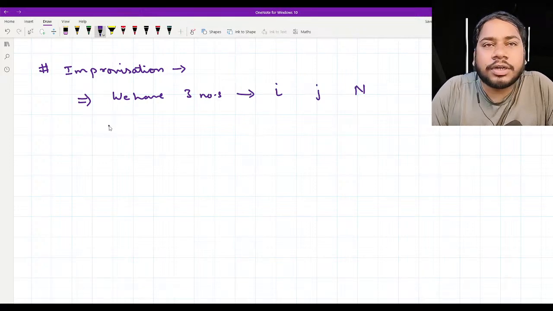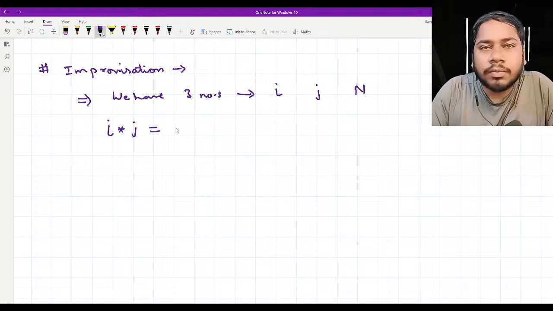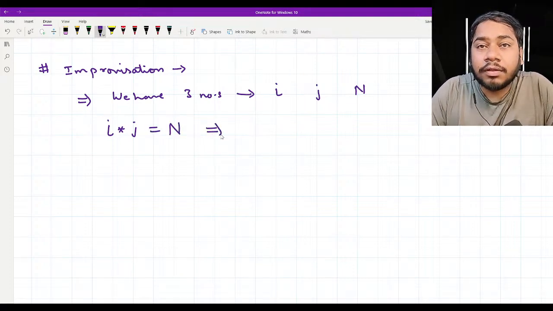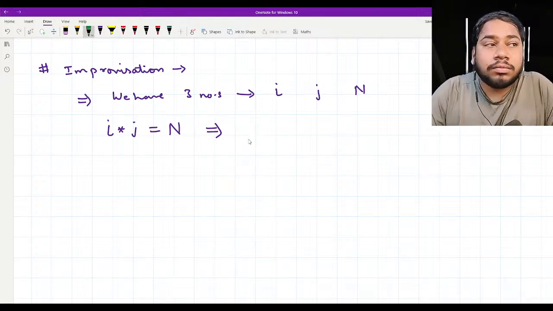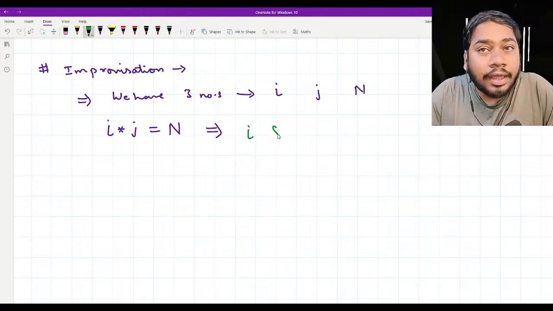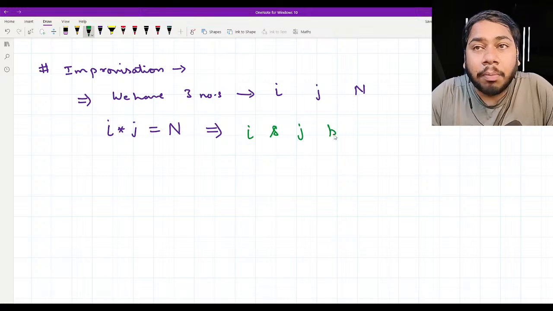If I into J is equal to N, this means that I and J both are